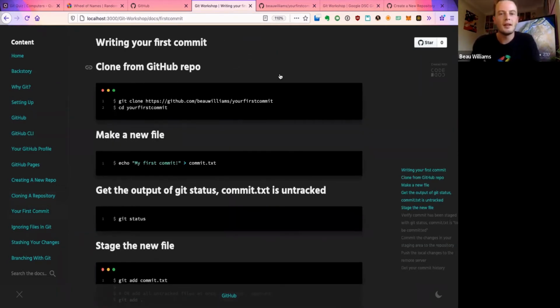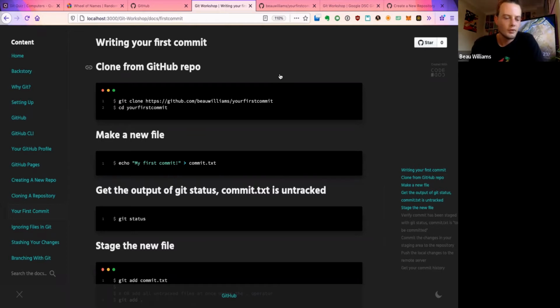So the next thing we're going to do is start writing our first commit. For those of you that have used Git, you're definitely going to know how to do that. But for those of you that haven't, you might not know what it is. Now, there's a concept called the staging area, which sounds really complicated. To be honest, it still sounds complicated to me because I just don't think in terms of that.